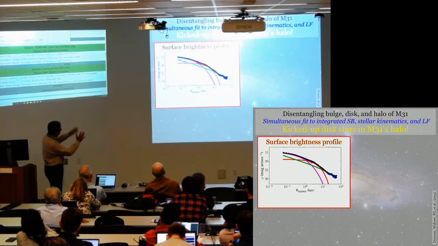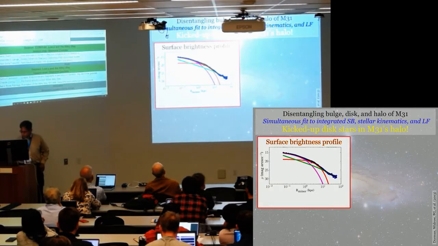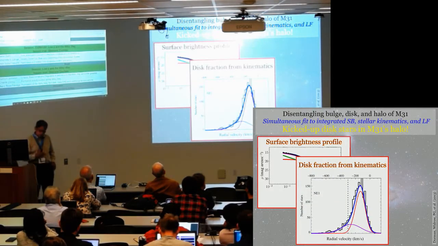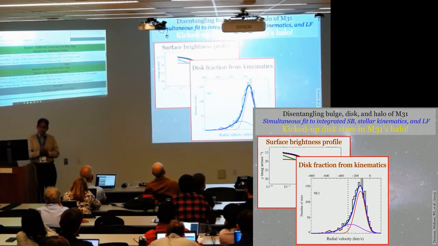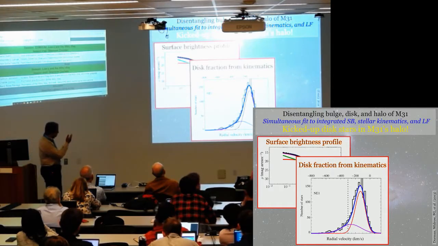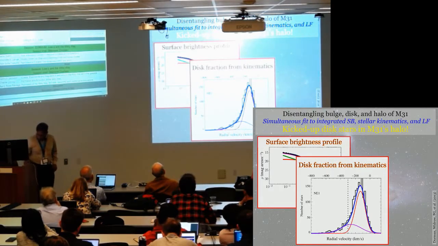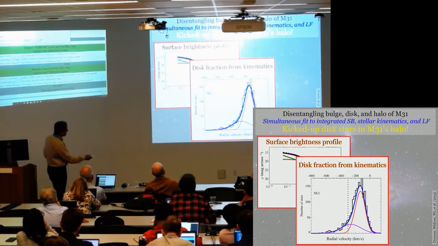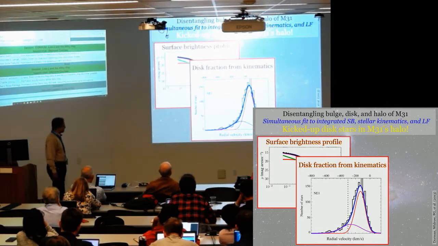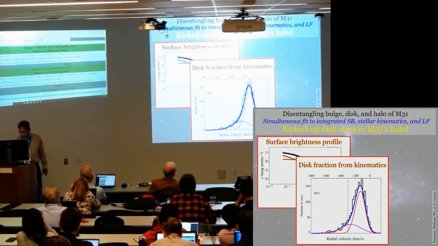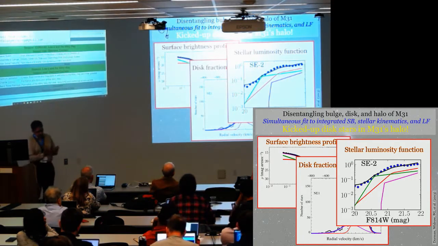So this all fits together nicely. However, if you look at the kinematics, out at a radius where the disk should dominate, there's a significant dynamically hot component, again represented by this purple line here, significantly offset from the main disk population in terms of not having as large a rotation velocity and having a large velocity dispersion. And then the third piece of information one can throw into this is to use HST